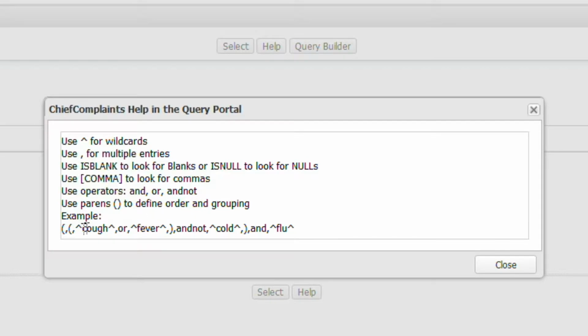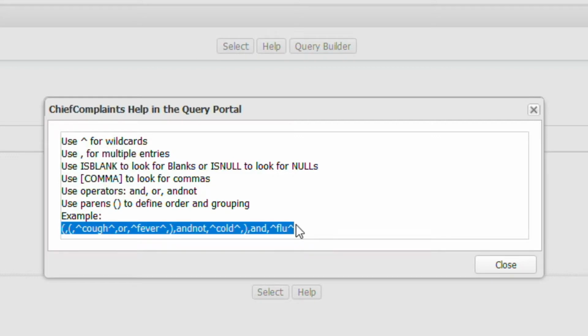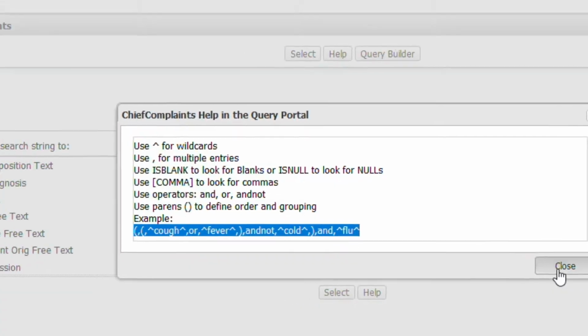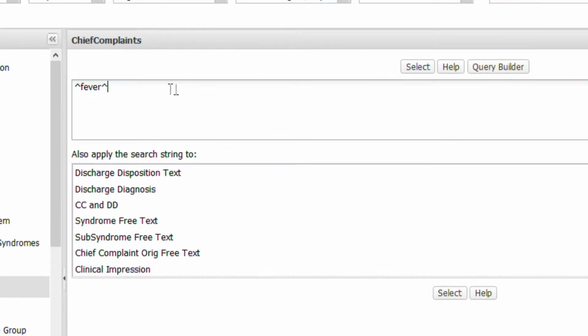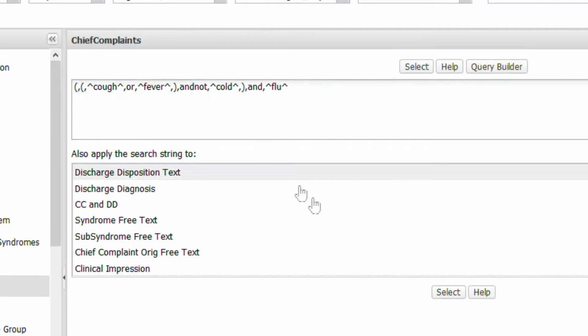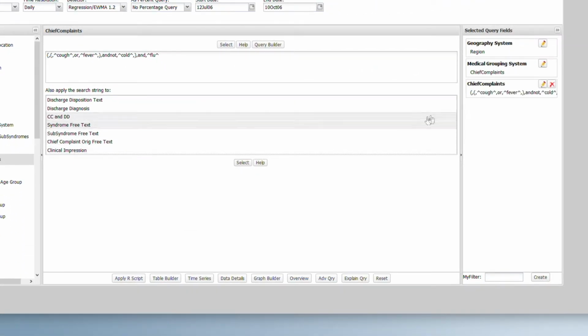There is an example complex query here that shows you the syntax for cough or fever in parentheses and not cold, and also in parentheses, and flu as a phrase. If you want to see how that works, you can copy and paste that phrase into your window and then select it. Once you have selected it, you will see it over here on the right side. From here, you can create a time series or data details containing only records that match that free text query